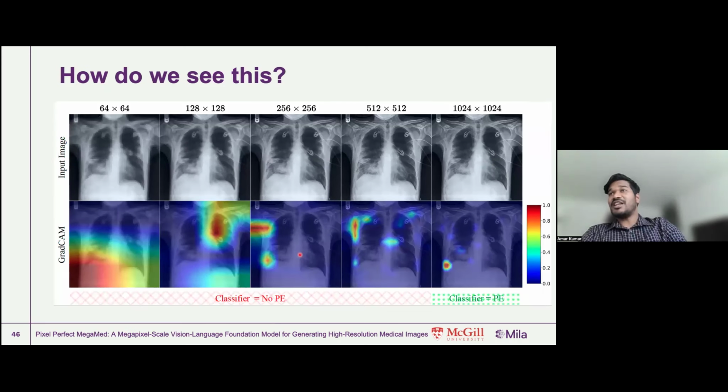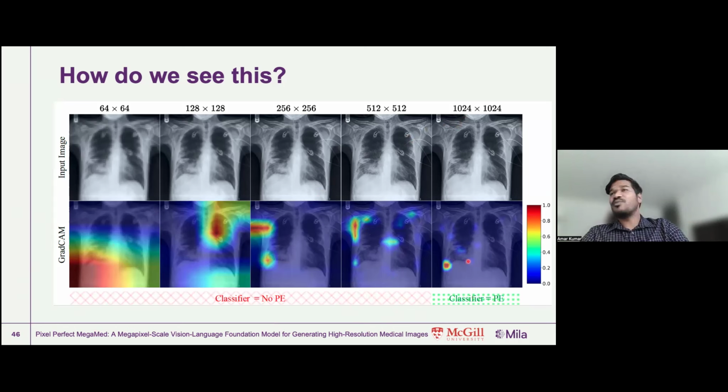Now, using the traditional approach, we actually showed why resolution matters. Over here on the left-hand side, you have a classifier that says no pleural effusion. So essentially the decision of the classifier is wrong, as well as where it is focusing is also wrong. Again, same image, sampled at different resolutions, from 64 to 128, 256, 512, 1024. And you can see that a traditional approach like GradCam is unable to even detect or diagnose. That's because the model is unable to diagnose at this resolution. So incorrect classification leads to incorrect decision.